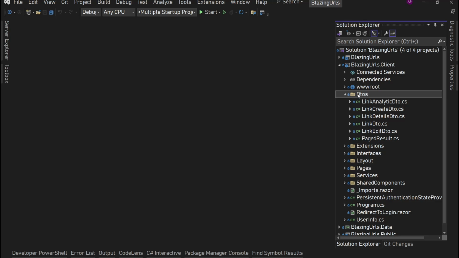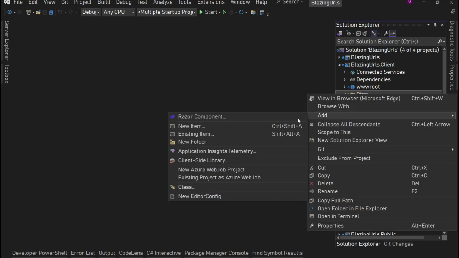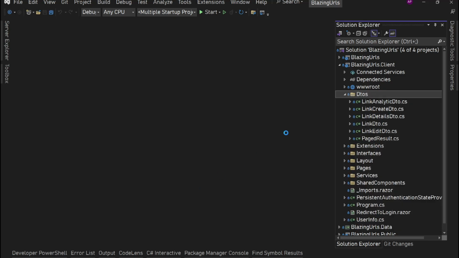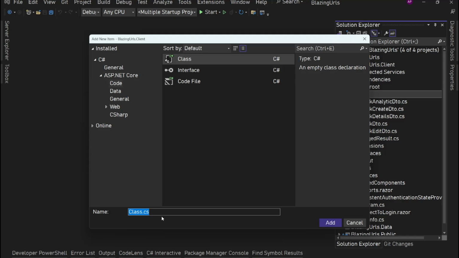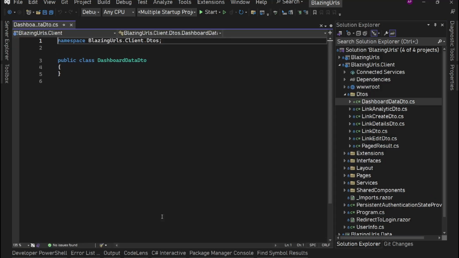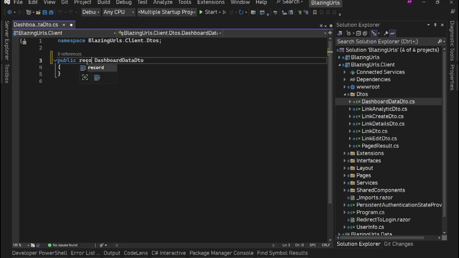and again something happened with my Visual Studio. Let's create a class using this approach. Here we'll say, let's say dashboard data DTO. All right, dashboard data DTO. We'll make it also as a record,